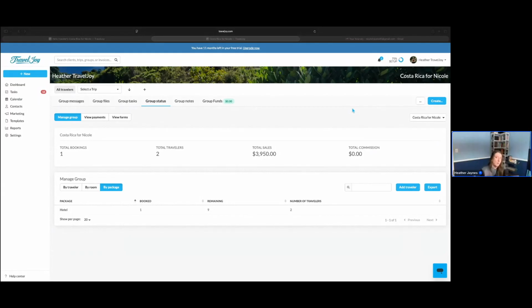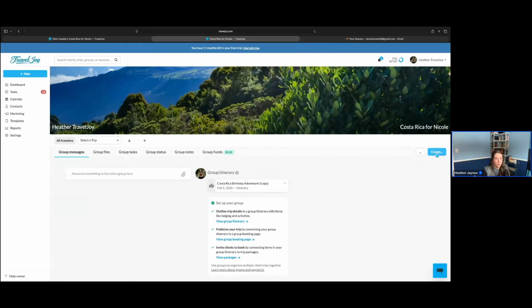Now, we have a couple of options for you to collect a group without collecting payments. There is a group registration form that you can use, basically going into your group and using the blue create button and doing a group form. There's a group registration form that will still collect registration, but it won't use the packages and it won't collect payment. But we do also have the supplier option for group booking pages that is an authorization.